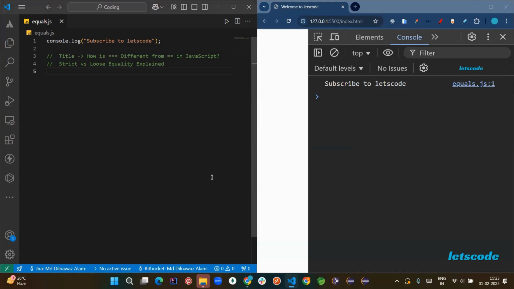Today we will talk about the double equal to and triple equal to operators in JavaScript, what the uses of these operators are, and the benefits, pros and cons of each. We will talk about all of it in this video. So, first, let's